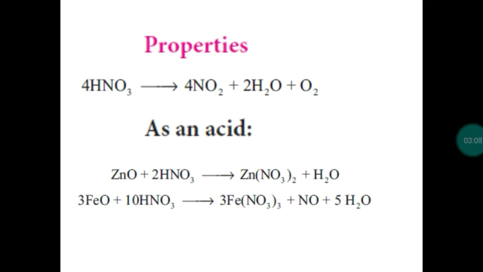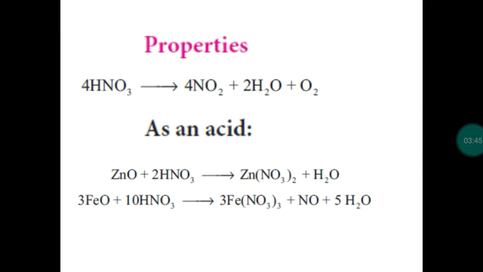Nitric acid is a colorless liquid. If we take pure nitric acid, which is colorless in nature, its boiling point is 86 degrees Celsius. Nitric acid can be mixed with water easily, so that we get a mixture called the boiling mixture. One more question: when nitric acid is mixed with water, we get a boiling mixture, and the composition is 98% nitric acid and 2% water, and the boiling point of this boiling mixture is 120.5 degrees Celsius. This is one more question.